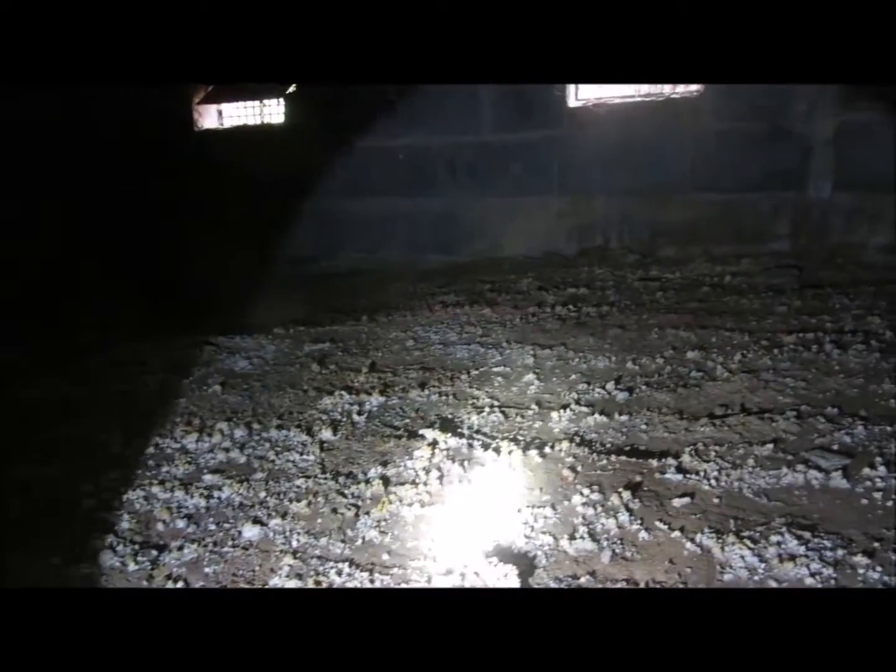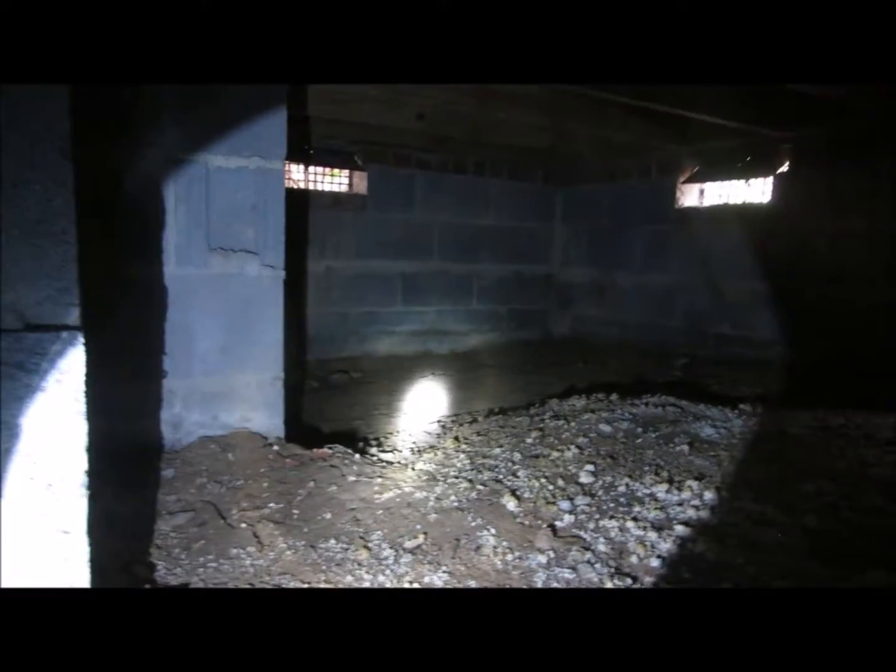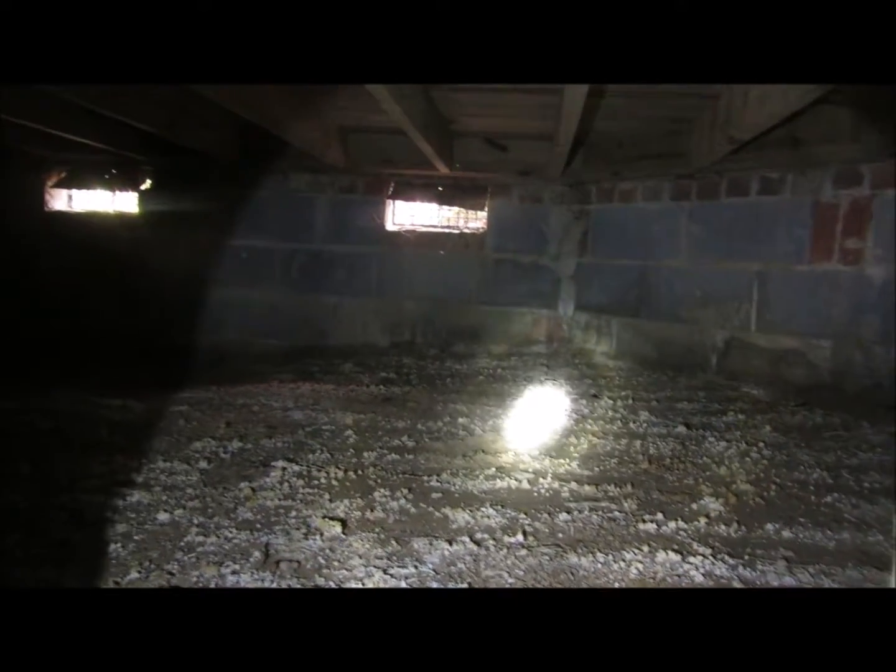Here is an additional crawl space. You can see the bacteria that's growing in this area. You can see where it's more constantly wet in the lower area. The wood is treated and it actually looks okay in regards to no mold growth. There is some, but nothing to be concerned about. In regards to fixing the crawl space issues, this crawl space would most likely just be left alone, but yet sealed from the main crawl space,